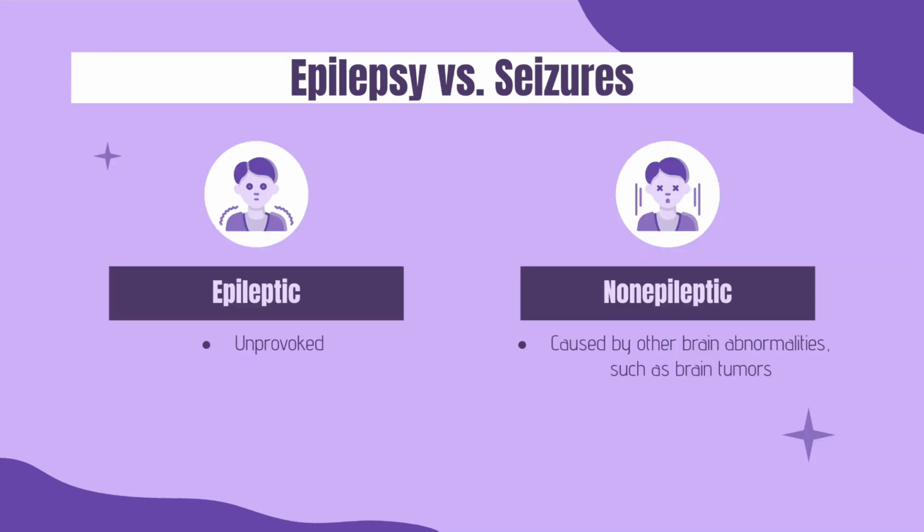Anyone who has gone through a seizure does not necessarily have epilepsy. Epilepsy is diagnosed through EEGs, or electroencephalograms, and they measure the electrical activity in the brain. CT scans and MRIs can also obtain images of a brain that reveal if there are any abnormalities, such as tumors in the brain or traumatic brain injury, that are causing the seizures, which helps to rule out epilepsy. The difference between epilepsy and seizures is that epilepsy is relatively unprovoked, while other kinds of seizures have underlying reasons.